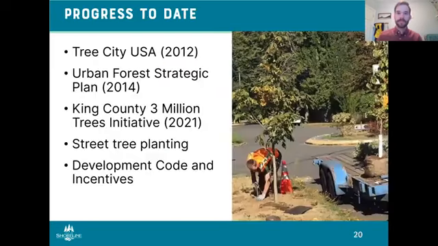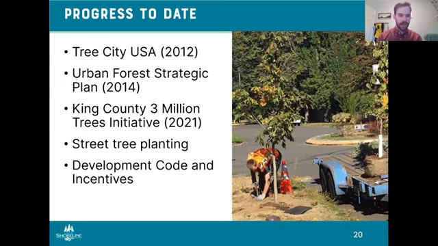Next slide, please. And so, noting where we're at, what are we already doing in this space? What have we been supporting here? The Shoreline community has been very strongly supportive of our urban forest for many, many years. It's led us to earn Tree City designation back in 2012 and form the Tree Board shortly thereafter. We created our urban forest strategic plan back in 2014 to really provide resources and a structure to support our